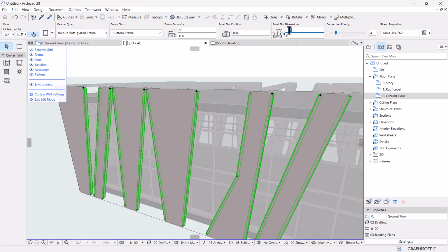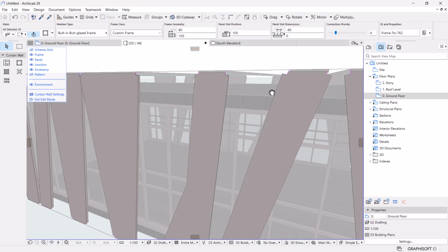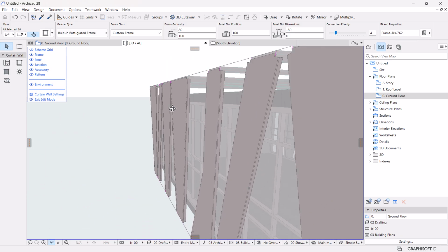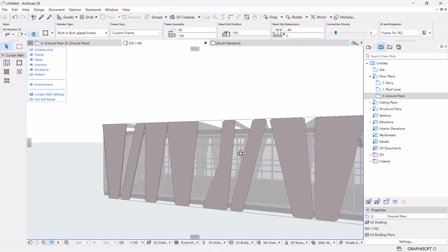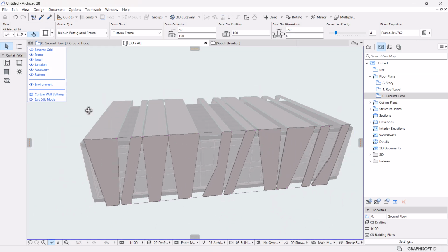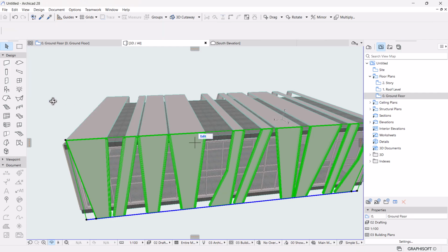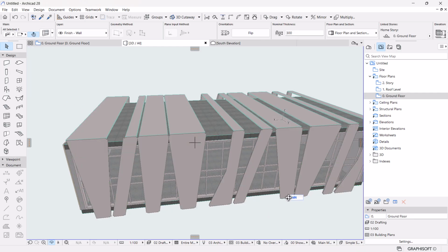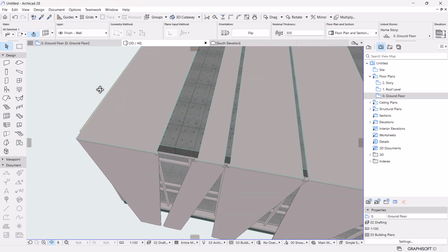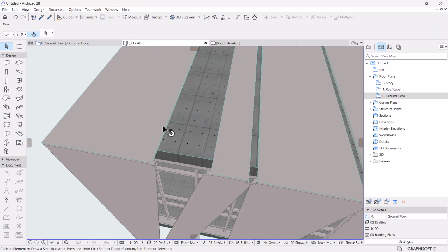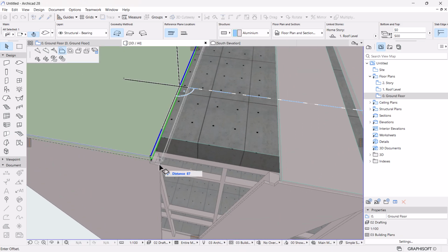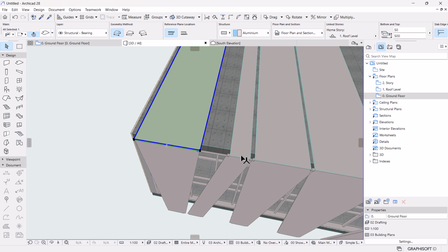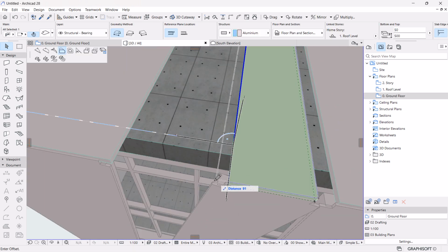Oh, sorry, minus 80, so that they become hidden like that. Okay, so that's cool. I'm going to hit exit. Perfect. So now we need to adjust our slabs to accommodate the changes